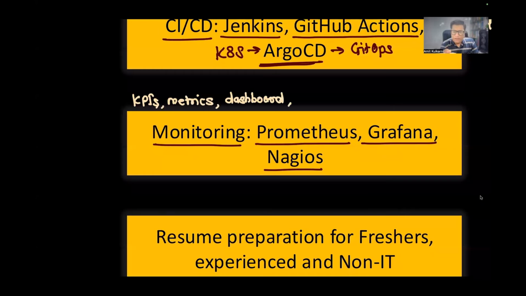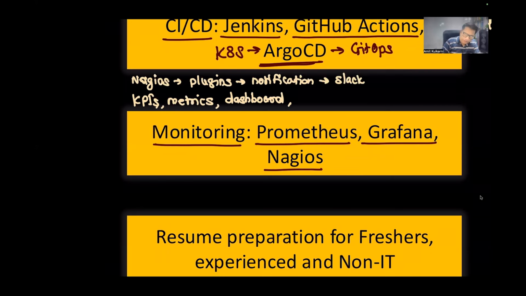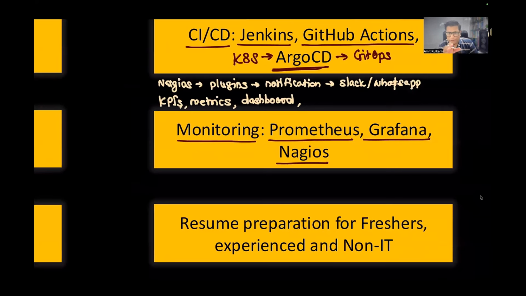Later, using Nagios, Grafana will not allow you that, but Nagios does allow this. In terms of Nagios, we'll have so many plugins out there. Nagios allows us to configure many different plugins, and one of those plugins is called notification. This notification plugin can be connected to different notification channels, like for example Slack, or say WhatsApp, and I'll show you, if something goes bad, how you can get a Slack message directly by using that Nagios service here.